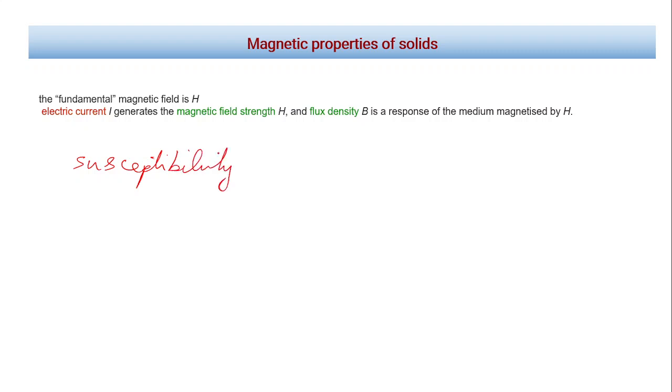magnetic susceptibility. I'm not adding the word magnetic everywhere, but because we are discussing magnetism, just keep in mind we are talking about magnetic susceptibility, and when I talk about magnetic moment, dipole moment, that will be magnetic moment only, because we have similar things when we discuss dielectric properties. So don't get confused. I'll just drop the word magnetic, but magnetic susceptibility and magnetic permeability is what we'll be talking about. So susceptibility and permeability.